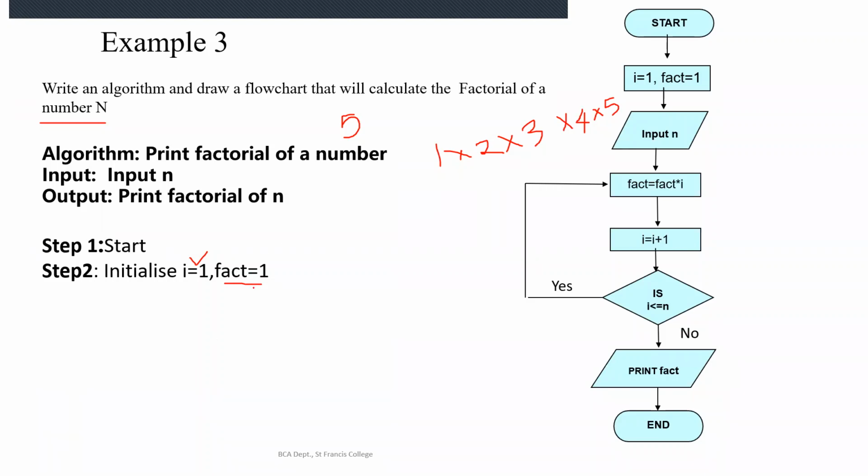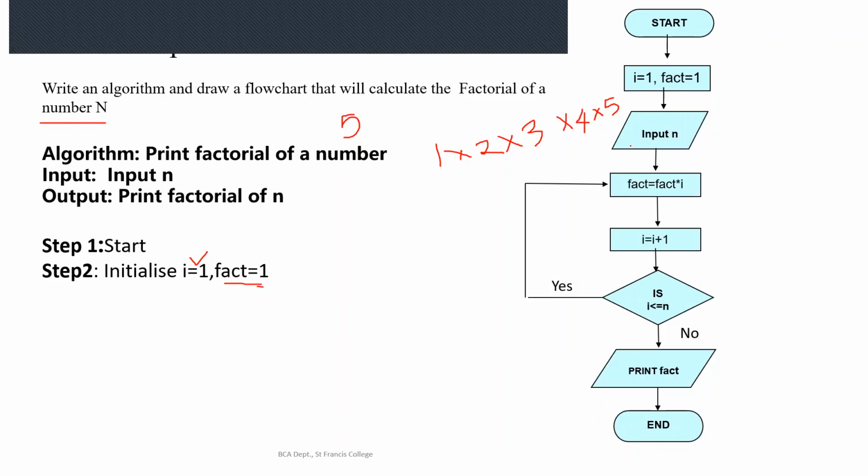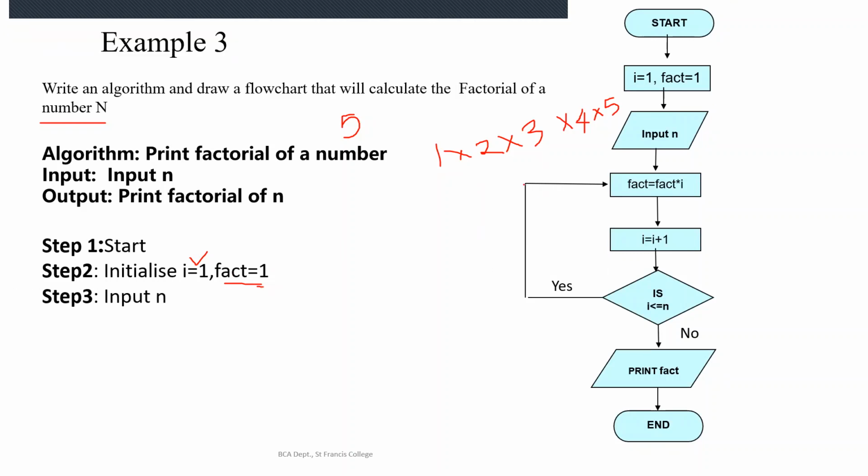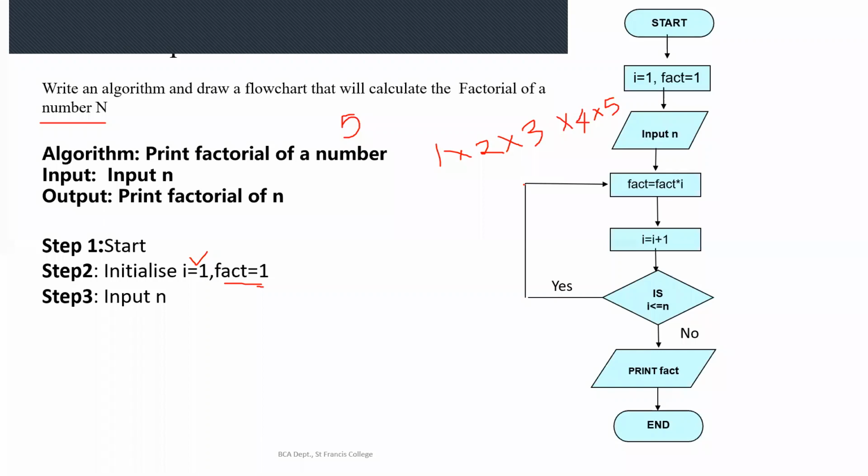In the last program we had given a variable called sum, right? That we had initialized to 0 because we know that 0 plus 1 is 1. But if I initialize fact to 0, what will happen? Here we are going to multiply. So 1 into 0 means it will be 0. Answer will always be 0. So you have to keep it in mind that fact should be initialized to 1 because we are going to multiply the numbers. Now in the next step, we are asking the user to give a number for which we are going to find the factorial. Got it?